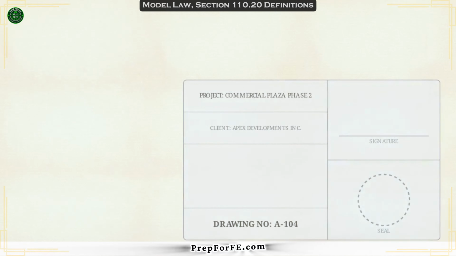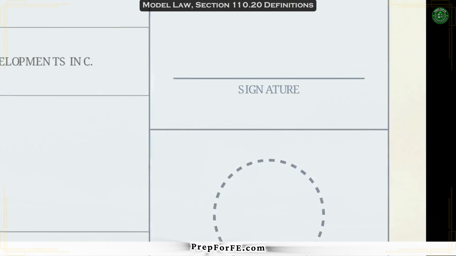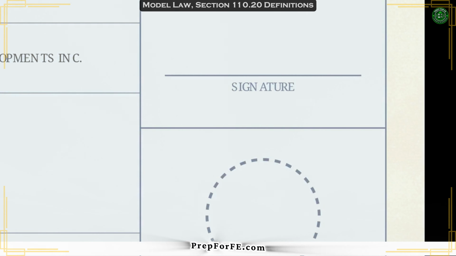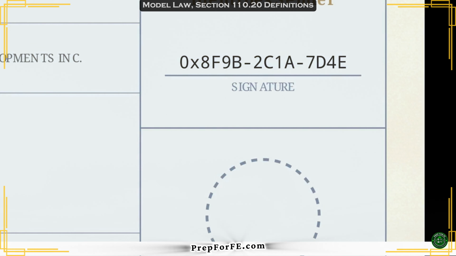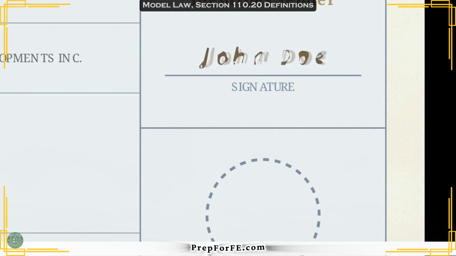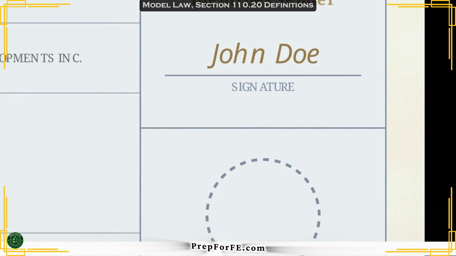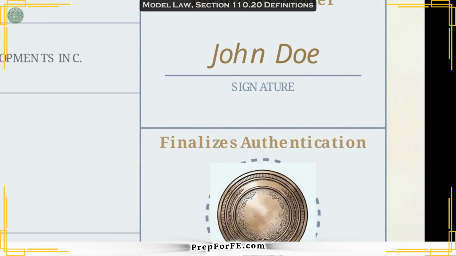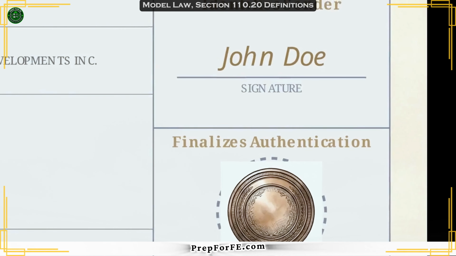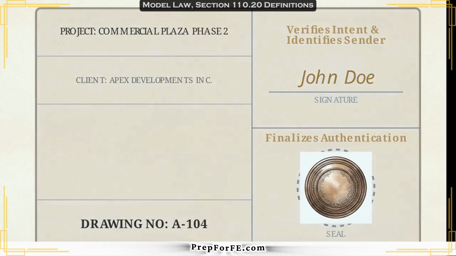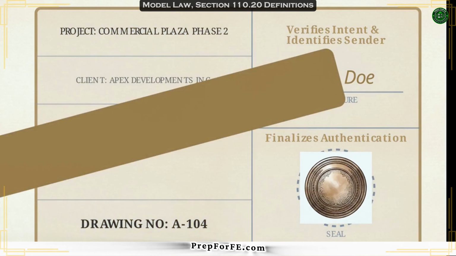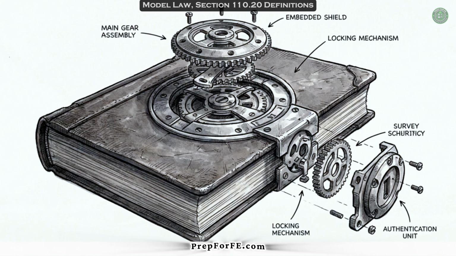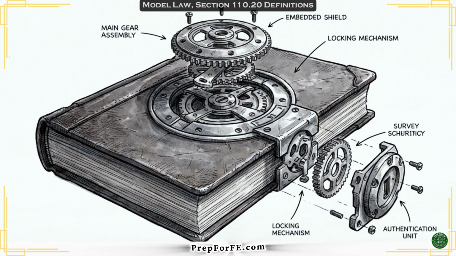The title block of an engineering drawing utilizes two primary tools of authentication: the signature and the seal. A signature verifies intent, and if it is an electronic signature, it must use a secure digital code that uniquely identifies and authenticates the sender. The seal is the symbol, image, or specific list of information applied alongside the signature to finalize the authentication of the document. When accountability involves surveying data, the law requires that the information be classified as authoritative.